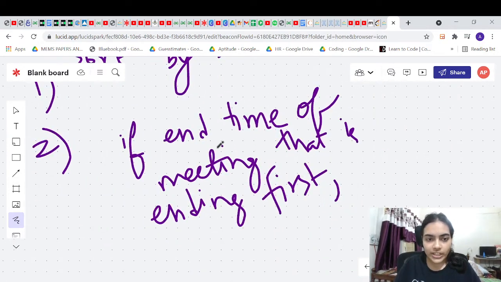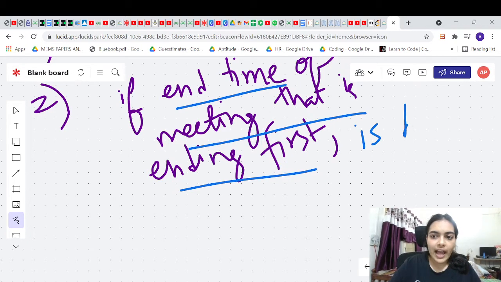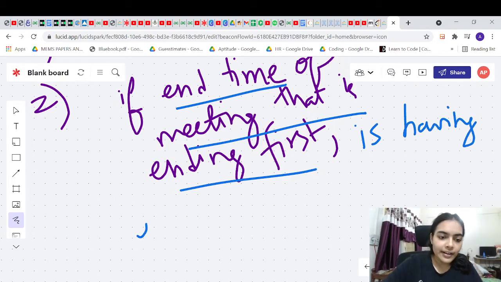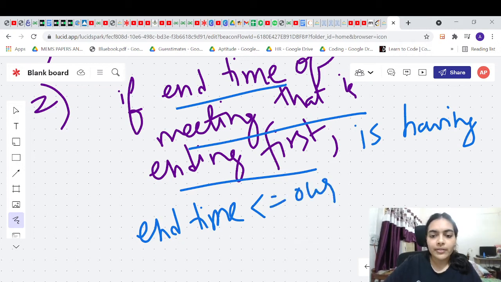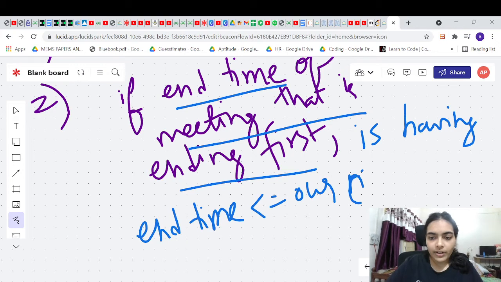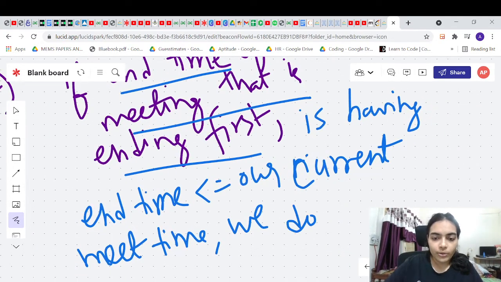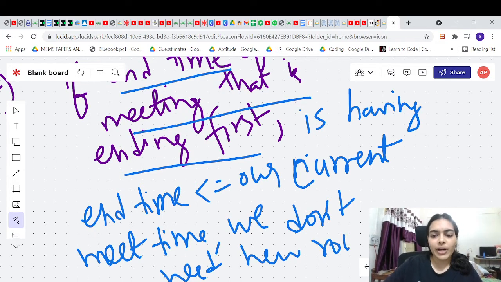That is a simple logic. So if the end time of the meeting that is ending first is less than or equal to our current meeting's start time, then we don't need a new room. That's it. That is the simple logic.